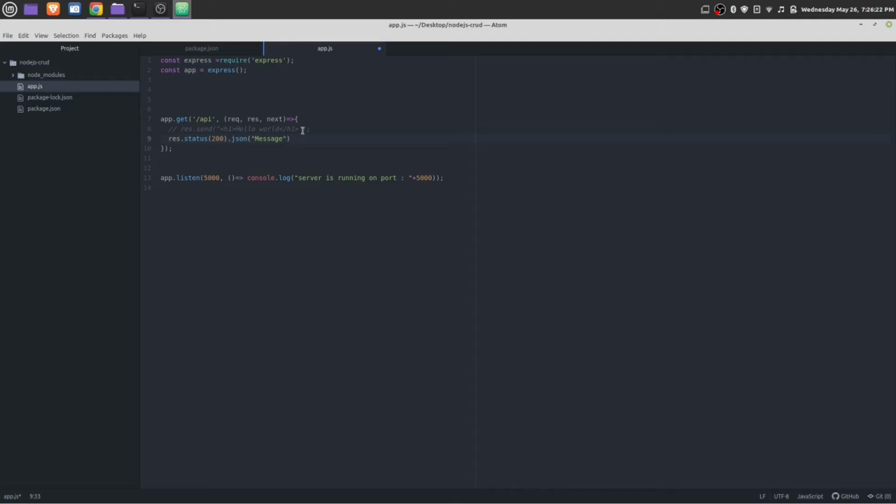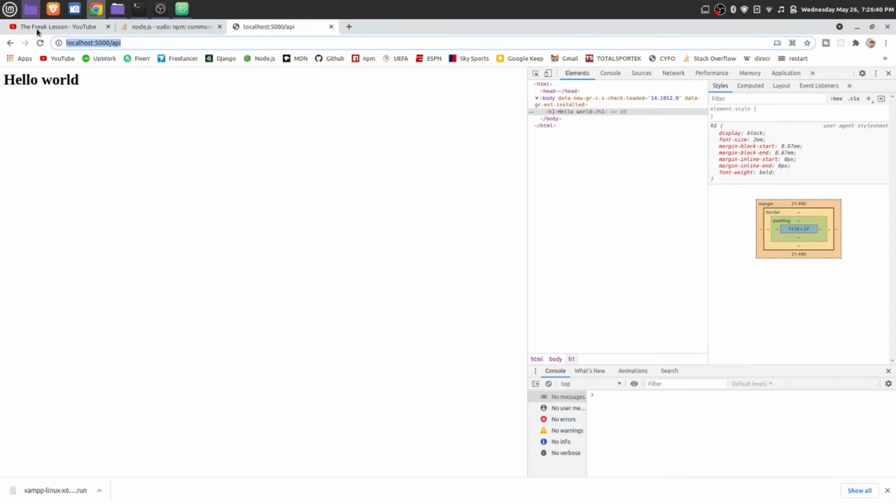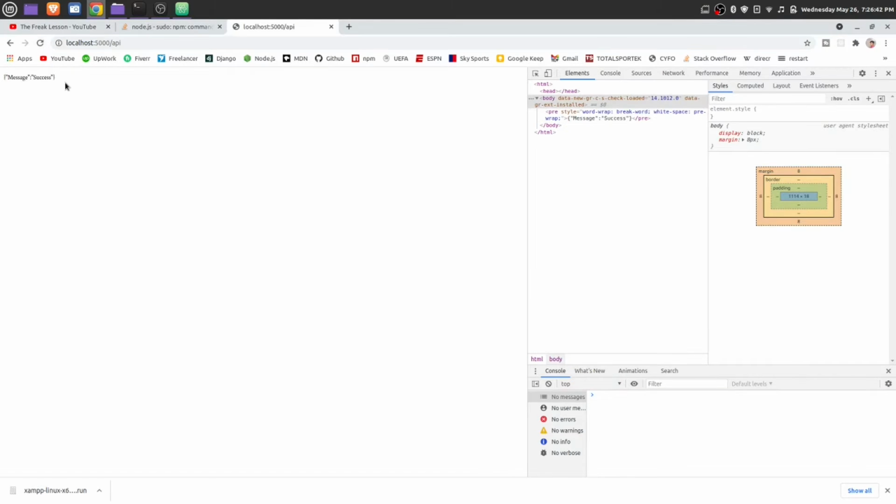Message would be, actually this would be inside curly braces, so give the curly braces and success. Save it once again, reload the page. You see this is now JSON format, it is saying message success. Okay,